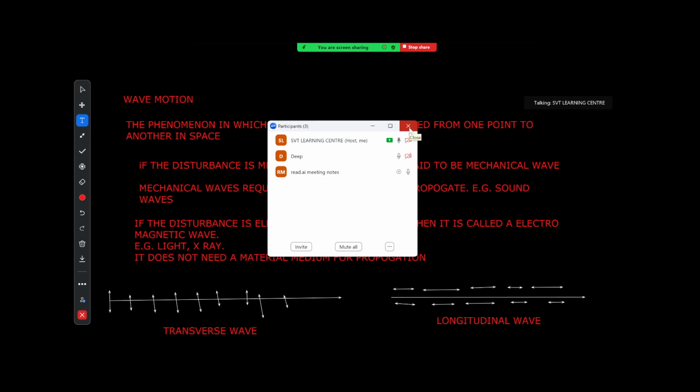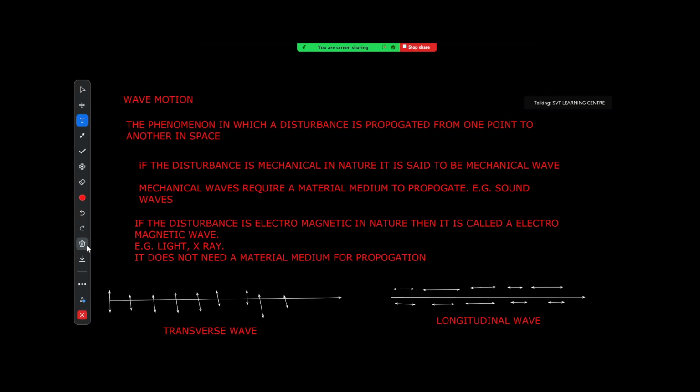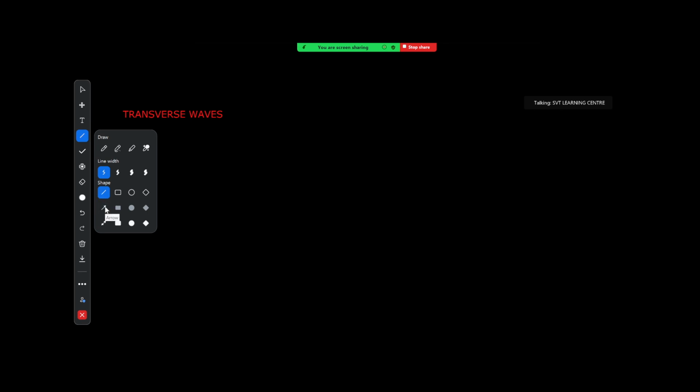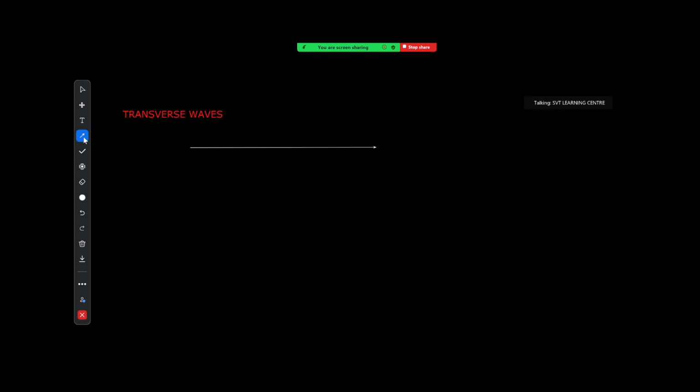Yes, sir. Okay. So we go further. We look at these two types of waves in a little more detail here. So now we refer to transverse waves to begin with. We know by this time what is a transverse wave. So if you look at the direction of propagation, something like this, then the wave appears to be made up of troughs and crests. So you got a trough, and then you got a crest, then you got a trough,